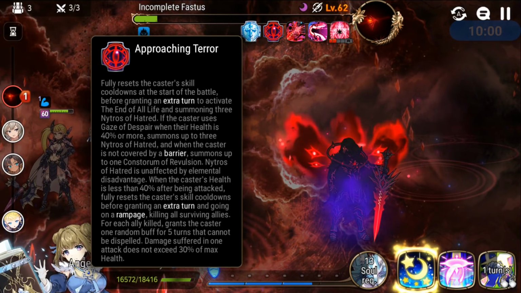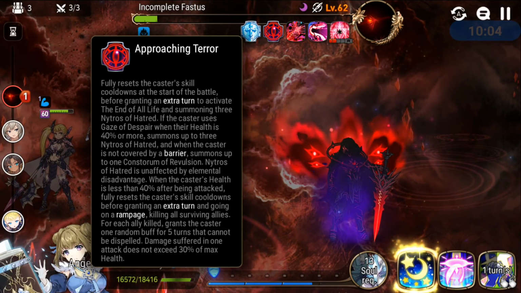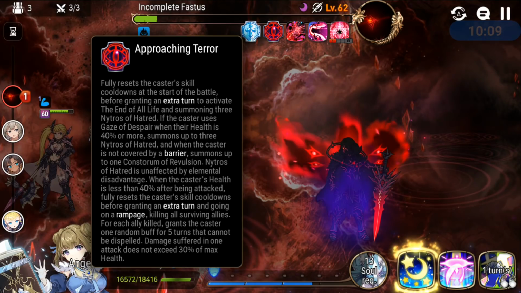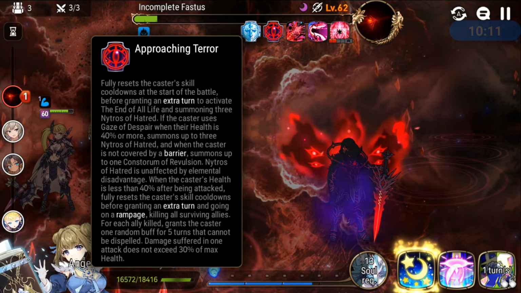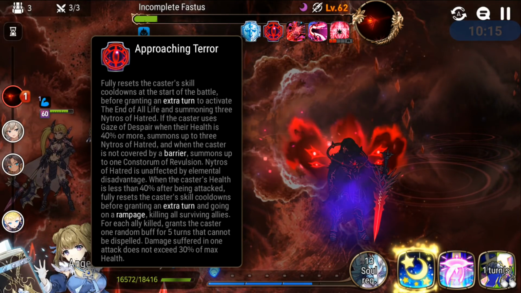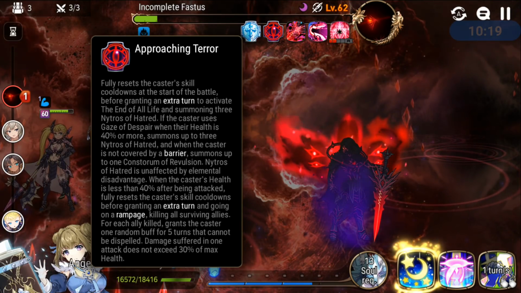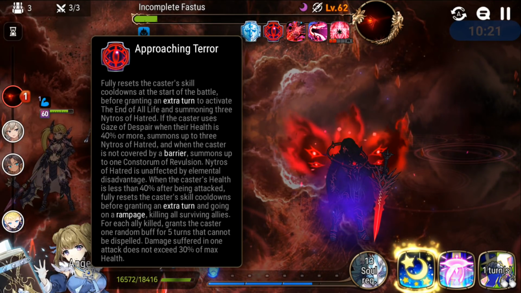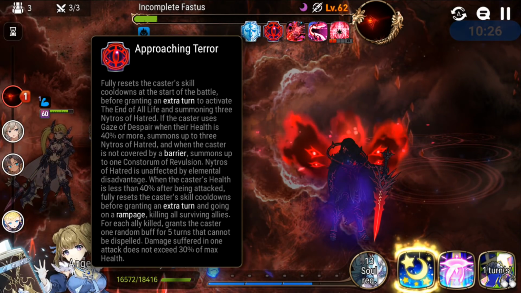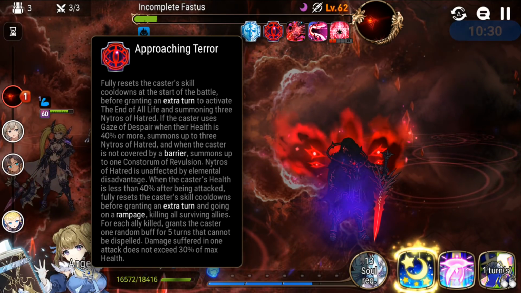It fully resets the caster's skill cooldown at the start of the battle before granting an extra turn to activate the End of All Life and summoning 3 Nitros of Hatred, right? And that is start of the battle. And then if the caster uses Gaze of Despair when their health is 40% or more, summons up to 3 Nitros of Hatred, and when the caster is not covered by a barrier, summons up to 1